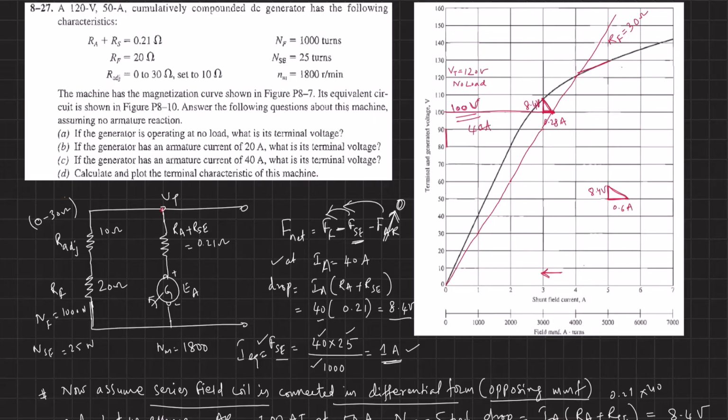So likewise you can calculate for any combination, either differential or cumulative compound generator with any armature reaction. Then you appropriately calculate the voltage drop and the equivalent current to form a triangle, and then place it in the graph so as to determine the terminal voltage. Now at this terminal voltage, the internal EMF is at this point. The internal EMF EA is at this level, right? It is almost 109 volts.